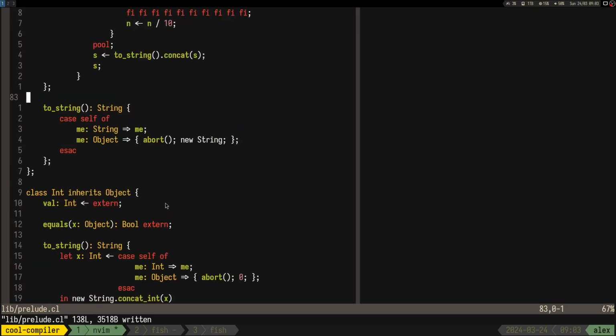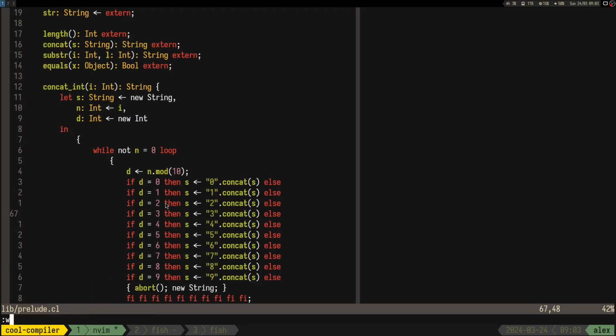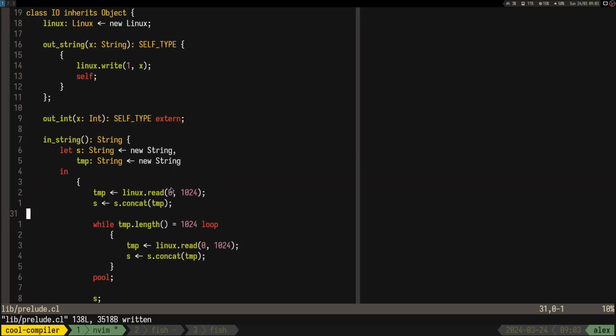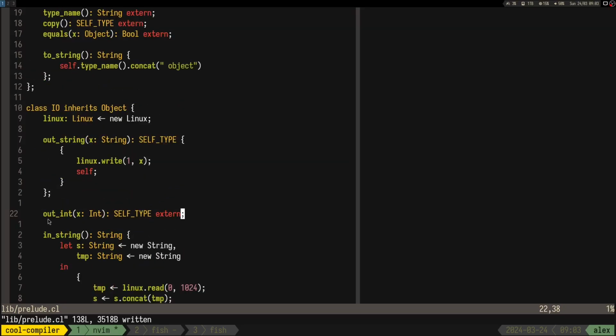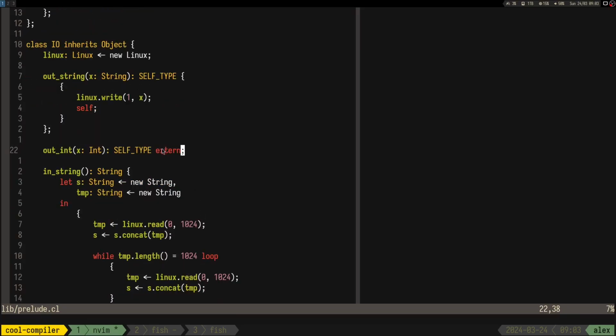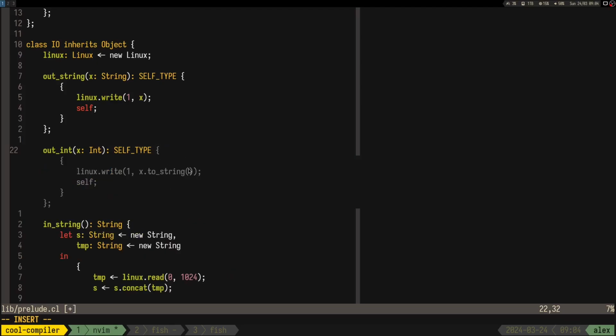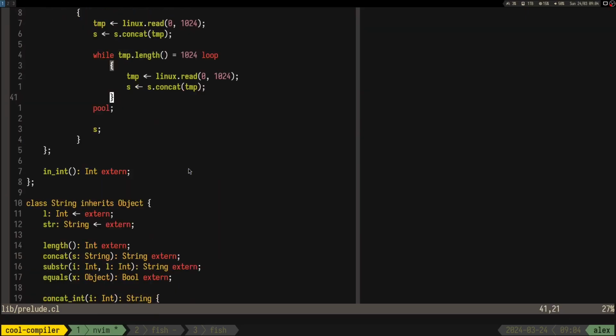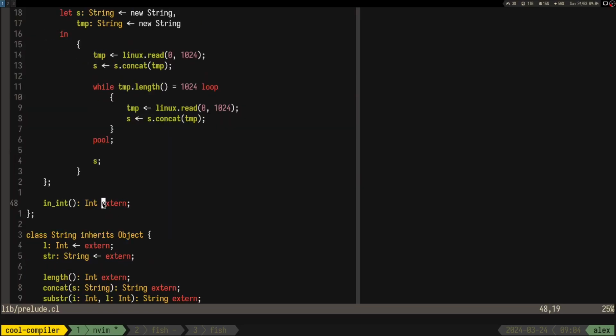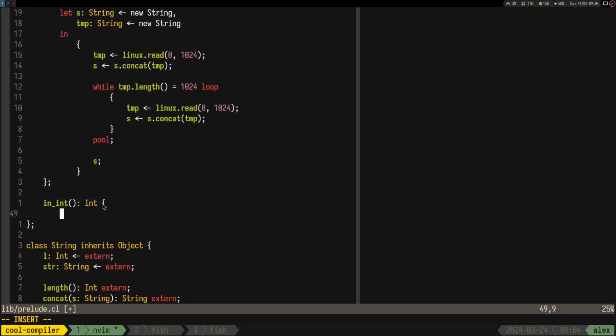But that means that we can implement out integer using, well, I would say here out string and just convert x to a string, right? And then in int should be